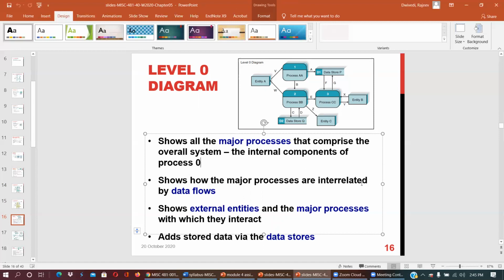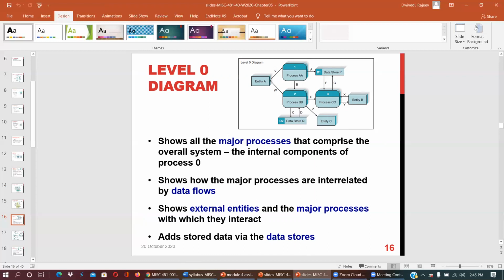It shows the major processes are interrelated by data flow. So it also indicates the interrelation of these processes, AA, BB, CC, external entities, and the major processes with which they interact, and it adds the data stores.